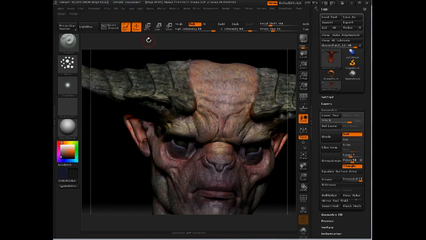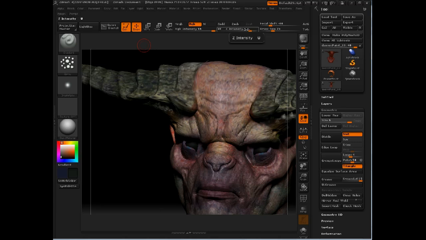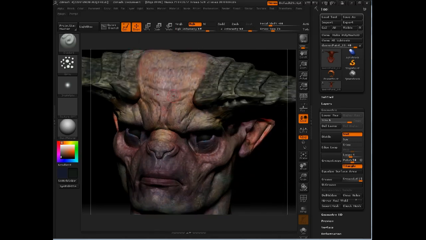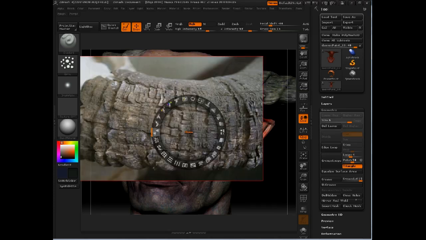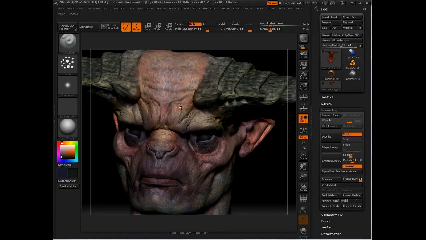And I'm on a single dot alpha. RGB intensity, we can dial back to about, let's say, 69. And in this situation, you really don't need to have X symmetry turned on, because part of what we want to do here is introduce randomness, introduce asymmetry. So I'm going here and just spattering in